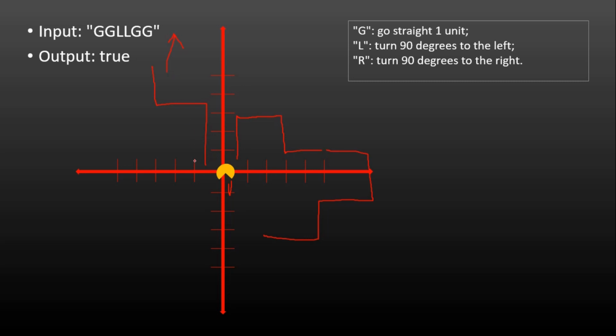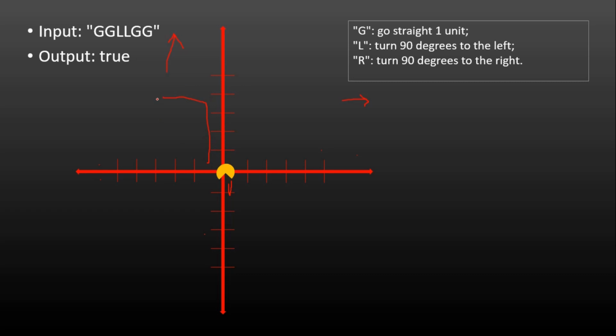And if I'm facing in some other direction, then if I repeat the steps 4 times, I will come back to the origin. Why 4 times? For example, if I go straight, take a left, right, what will happen in this case if I repeat the same step again and again?